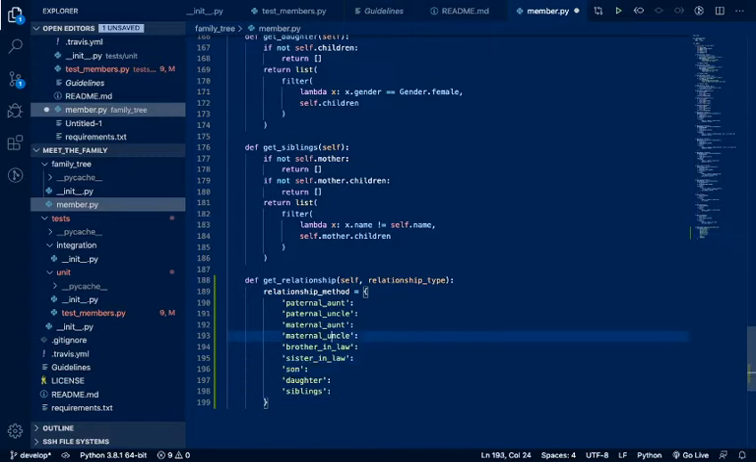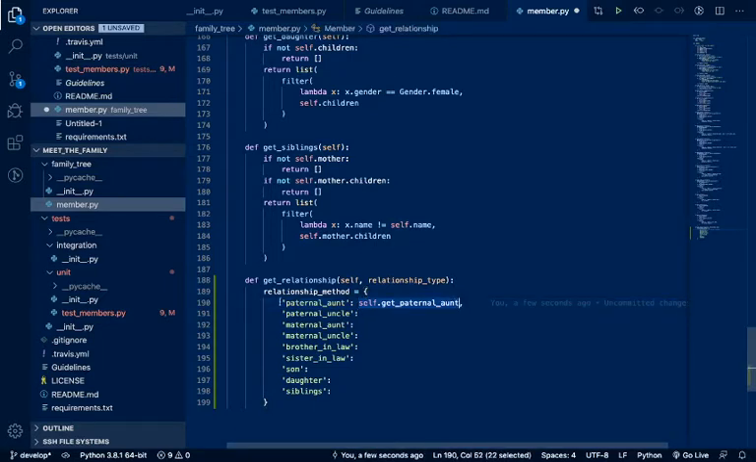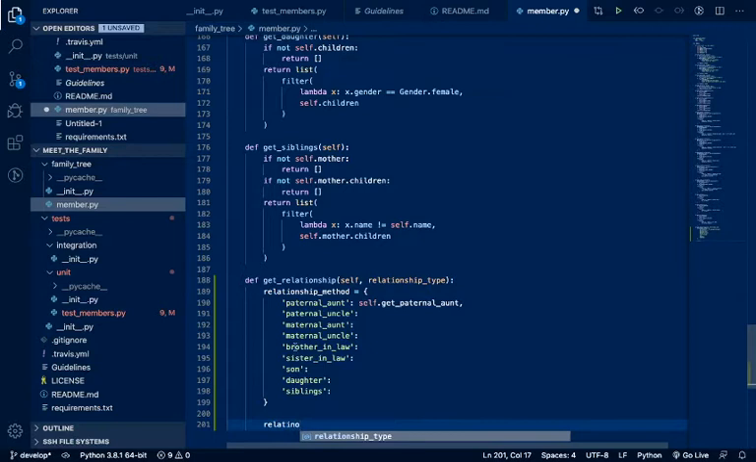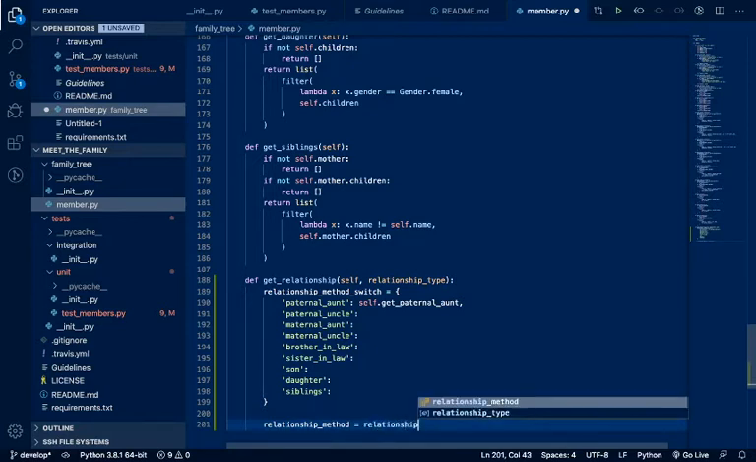right? So now what are the values going to be? So for paternal aunt, it's pretty simple, right? Get paternal aunt is going to be the, so bear in mind we're not executing these here, we're just getting the method address. So based on the relationship type, we're going to switch, we're going to get the method to execute. So we're going to call this relationship method switch. Relationship method is going to be relationship method switch